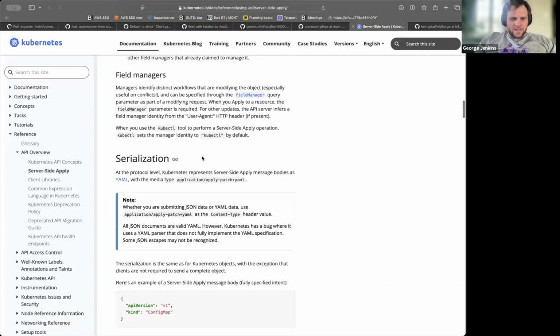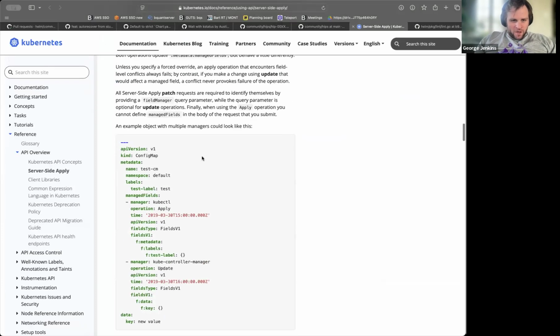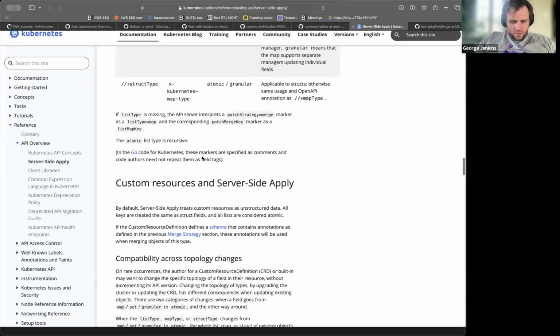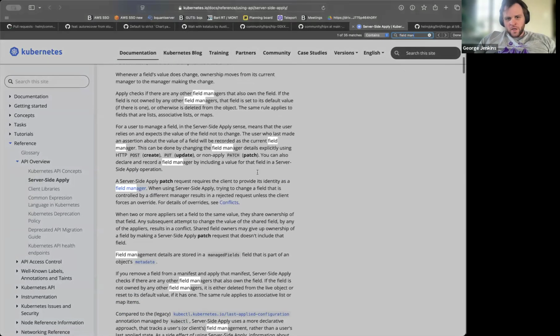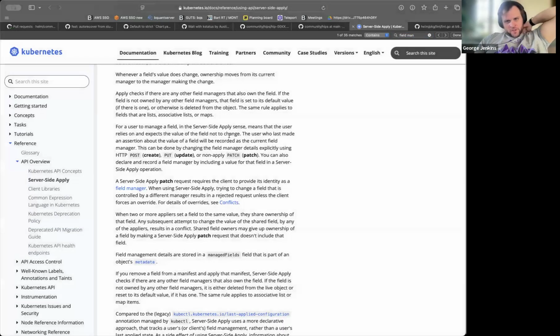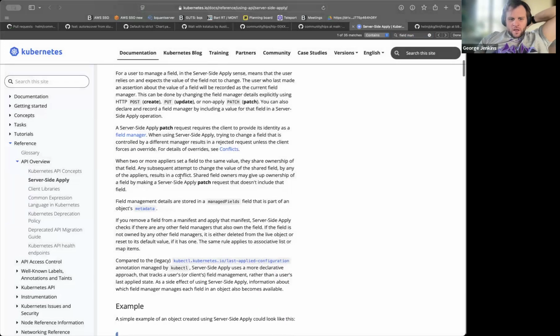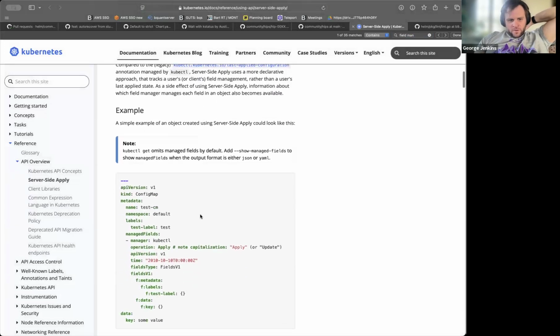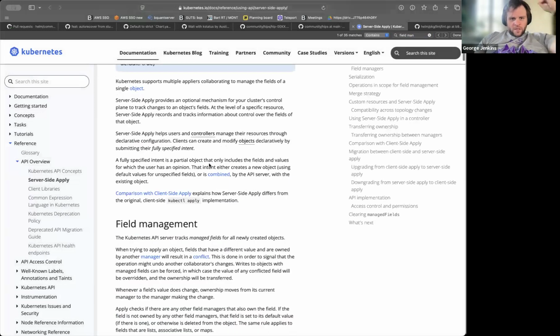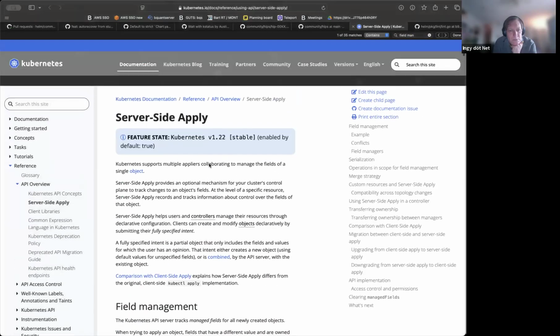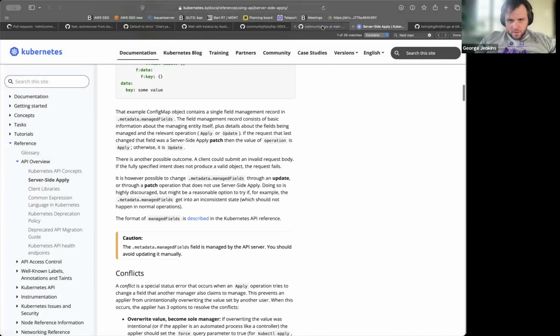Well, there's conflicts here. What I'm trying to find is the field manager. Field management allows you to have a concept of a field manager. So there has to be someone who creates the object originally, and then everybody else sends updates, and when they make the API call, they specify their field manager name. And this allows a controller to send a